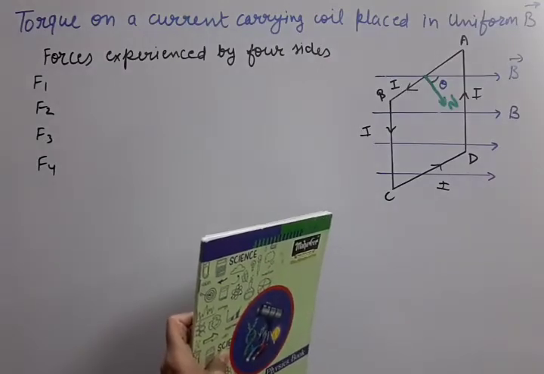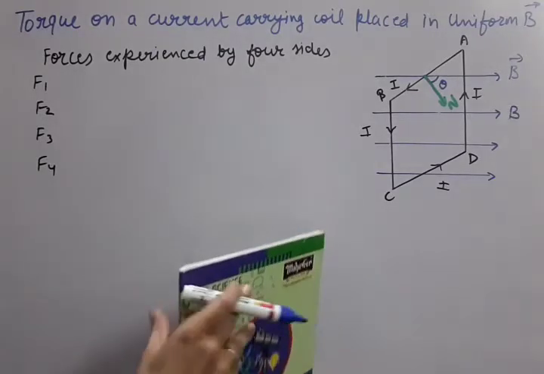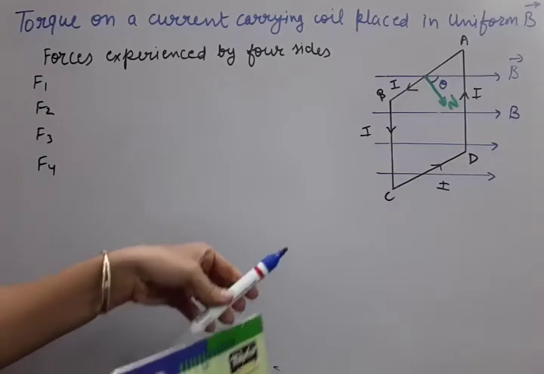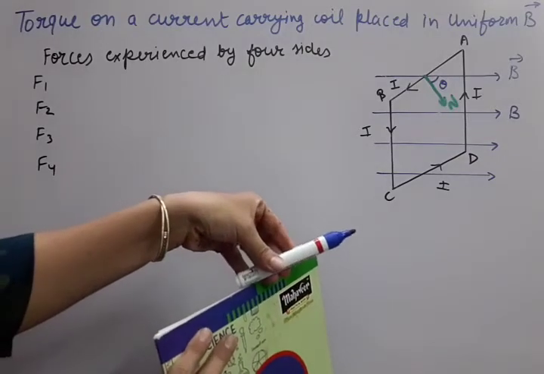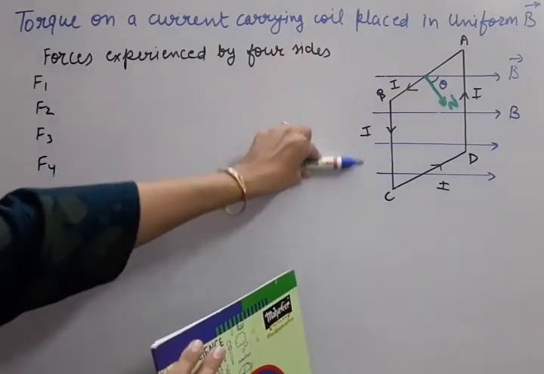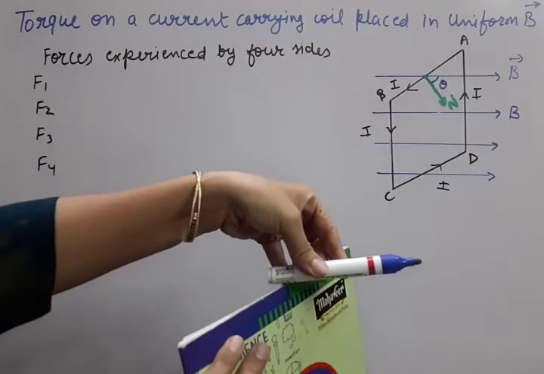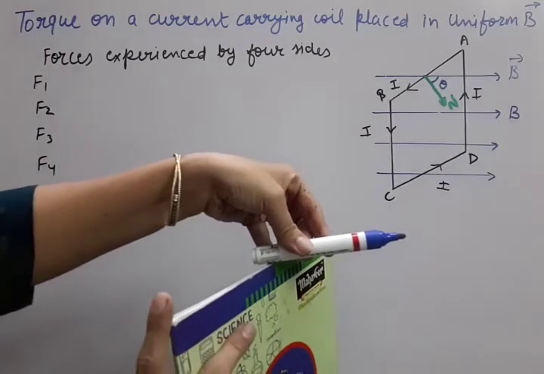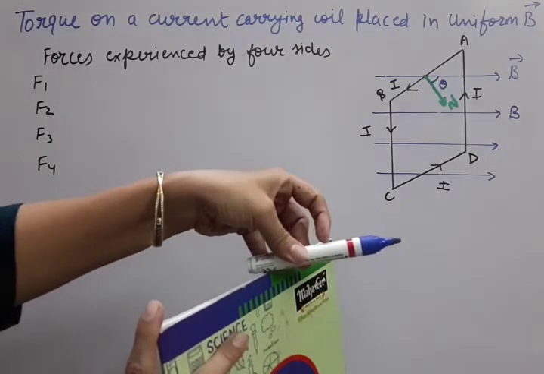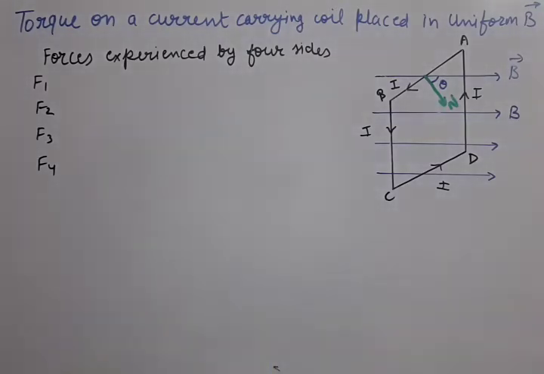Now what is the magnetic field direction? The magnetic field direction is parallel to the plane of the board. So these are the magnetic field lines. I am showing it with the blue pen only. So you see the coil is tilted and the magnetic field is shown this way. Now how to show the angle? Some orientation angle we need to show in the diagram.